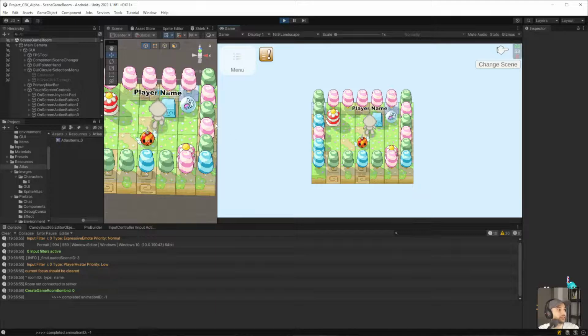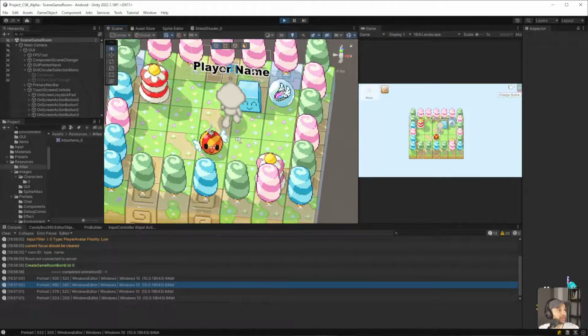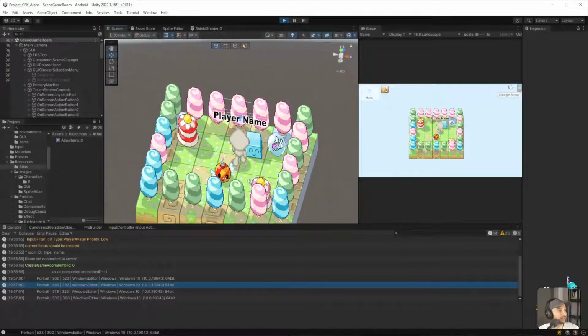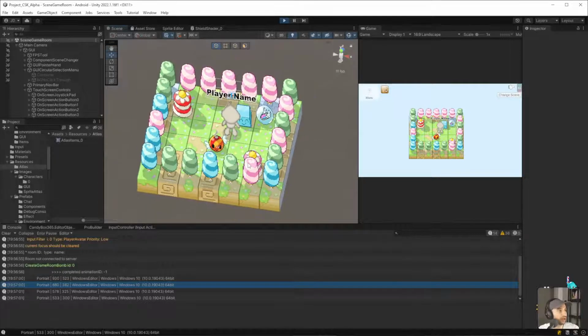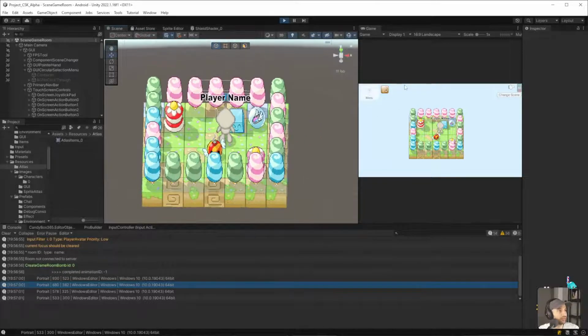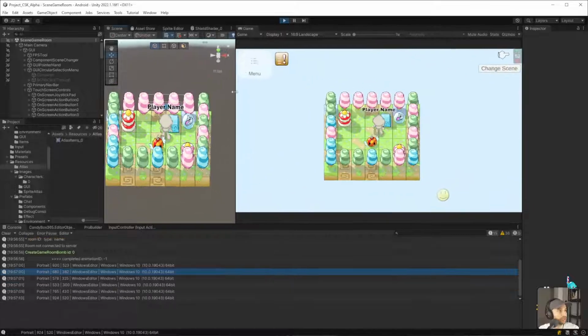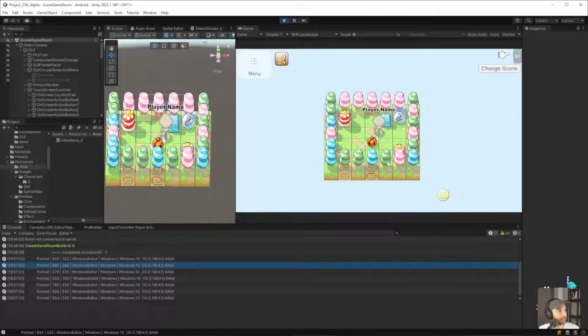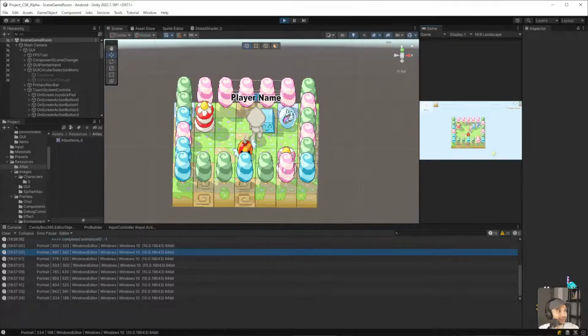Okay, so that's what it looks like. And that's when they're randomly selected. We could specify just one or the other, but I think that looks pretty good. But one detail: they're too tall. It covers up the tile behind it, which is exactly what I didn't want to do.